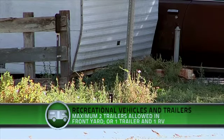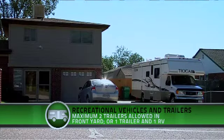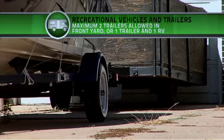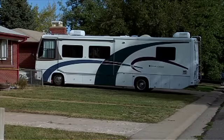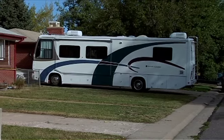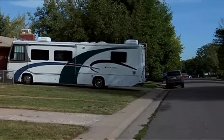No more than 2 trailers are allowed, or 1 trailer and 1 recreational vehicle may be parked in the front yard. These vehicles must be parked on concrete, asphalt, or gravel that is at least 3 inches deep. The length, height, and weight restrictions that apply to commercial vehicles do not apply to recreational vehicles such as motorhomes